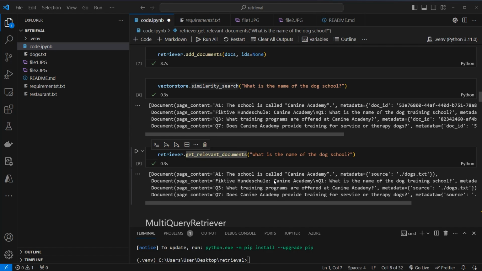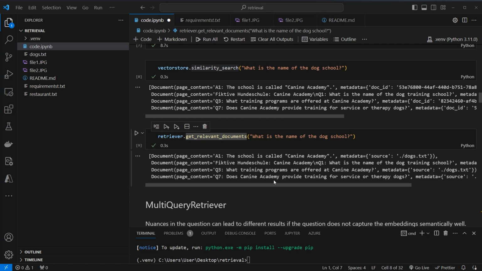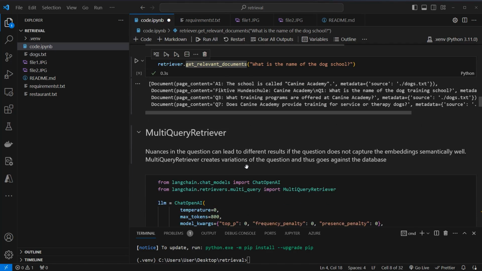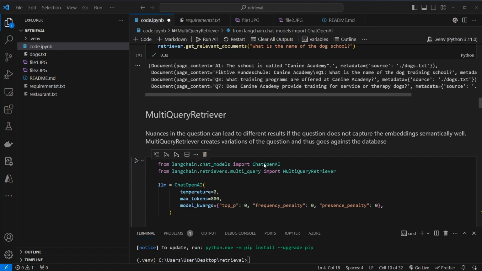Okay, that was the parent-child retriever, which uses different chunk sizes. Now let's have a look at the MultiQueryRetriever, which uses a different approach. So why might we even want to use that MultiQueryRetriever? When you ask a question, very small differences in the way you ask can already have a large impact on the retrieval process. So the MultiQueryRetriever creates variations of that question and uses different questions to query against the